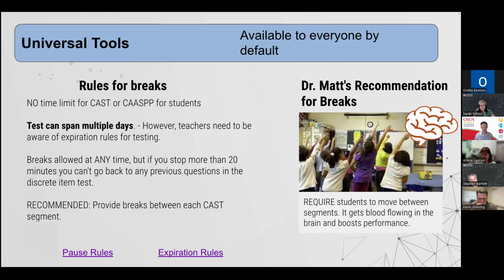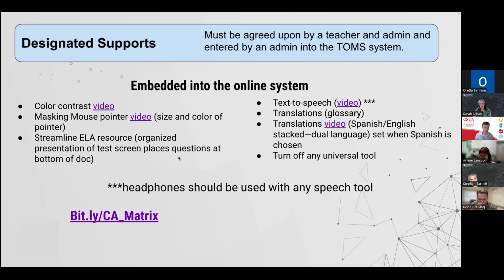And so we're highly recommending that you take advantage of this and not just have the students sit through, even if they want to get it all done. It helps them to take some breaks periodically. Personal opinion. All right, so some designated supports, which you must turn on for a specific student, include